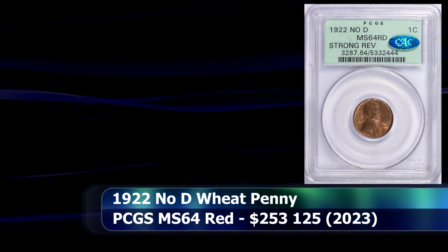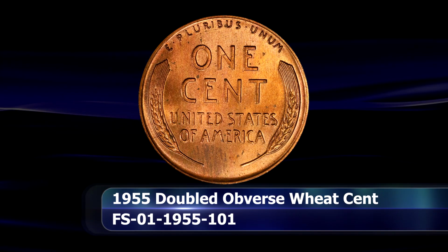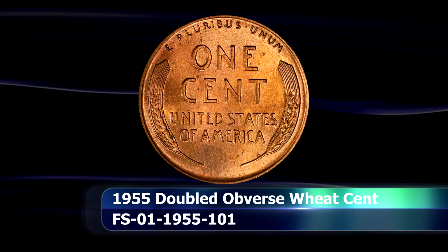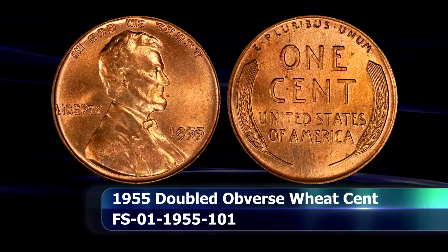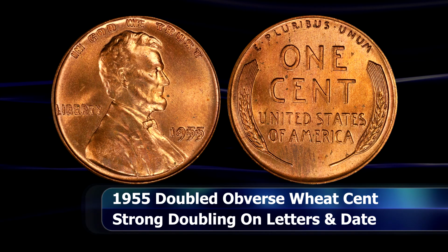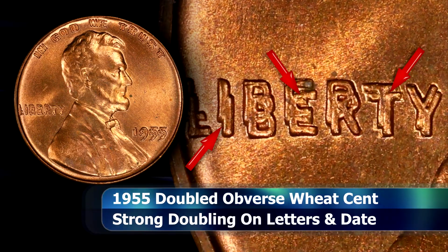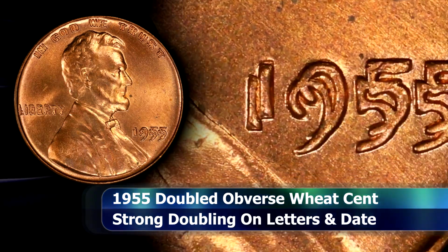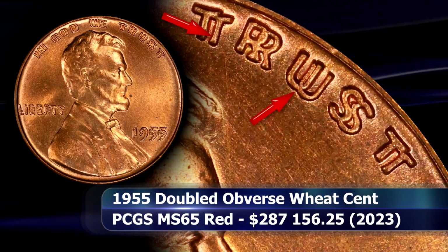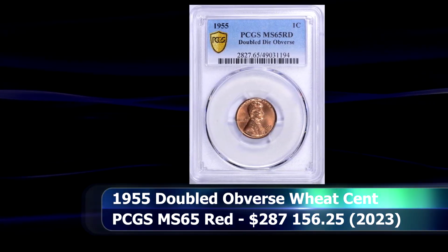$253,125 at auction in 2023. Now it's time for the best-known variety coin in the Lincoln series, regardless of the reverse design type, the 1955 double-die obverse Lincoln cent, a coin that has the absolute widest spread and resultant doubling on the obverse, with the date and all of the letters doubled to such a degree that it is visible to the naked eye, as all letters and numbers achieve full separation. This example was graded by PCGS as MS65 Plus Red, and at auction in 2023 it was sold for